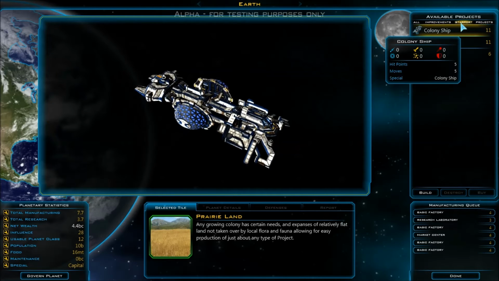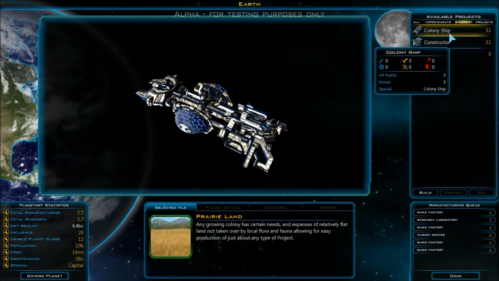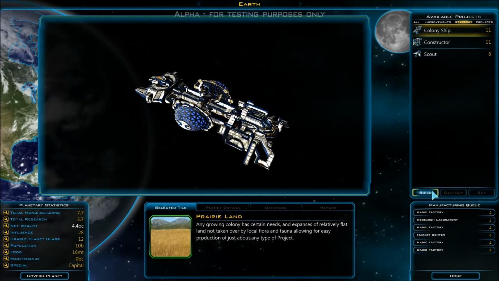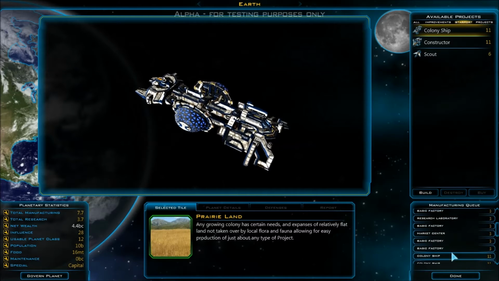Right, now over here, Starport. You can choose what ships to build: constructor, colony ship, or scout right now. I'll go ahead and queue up a couple colony ships. They won't actually be able to do anything until